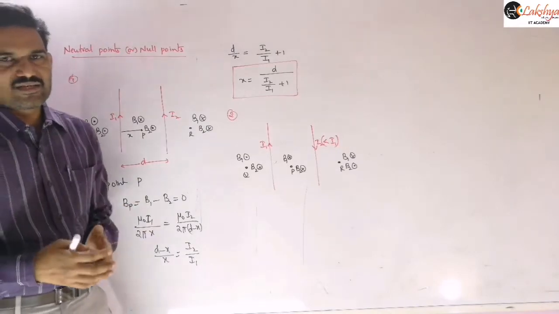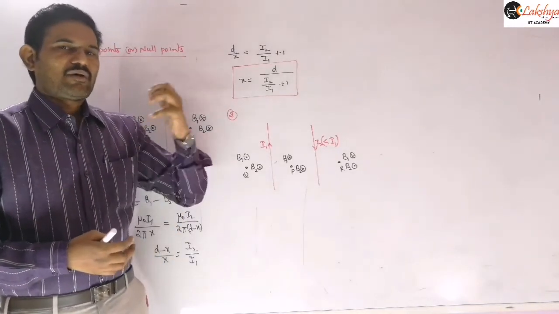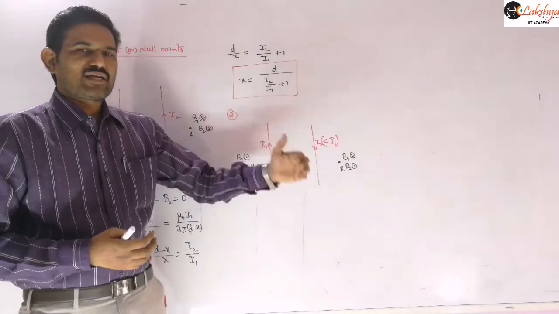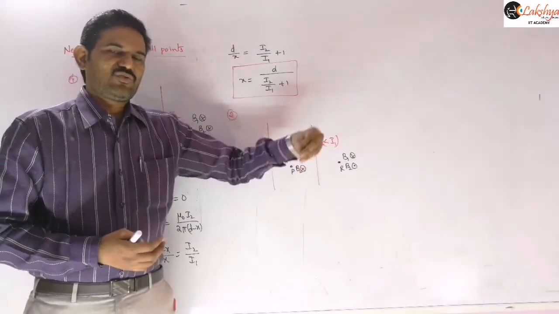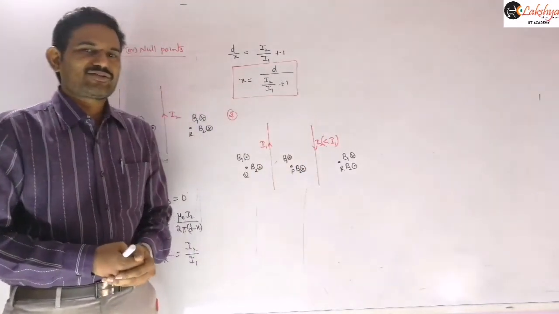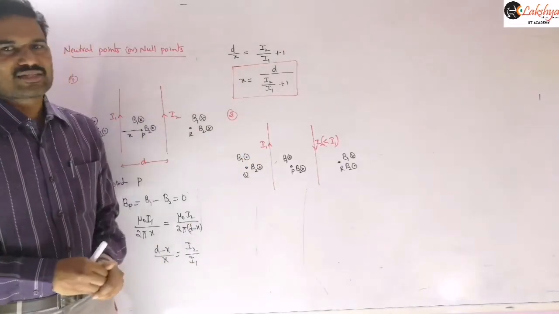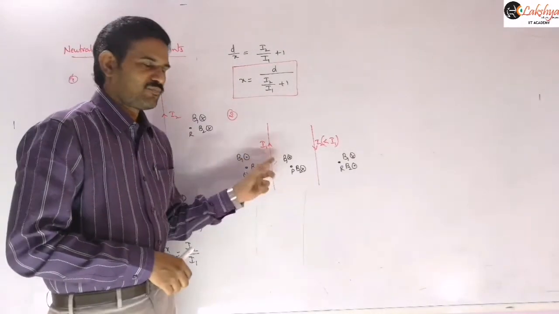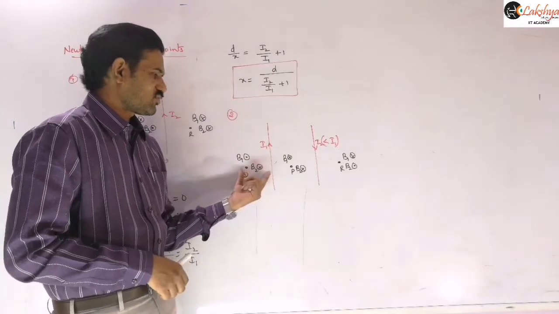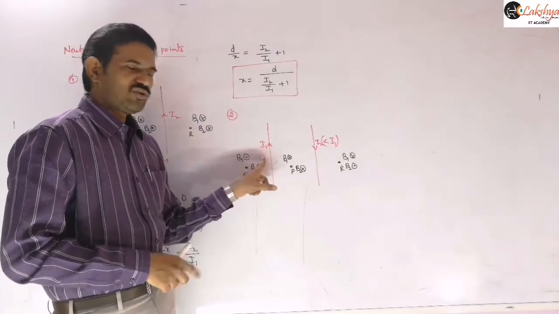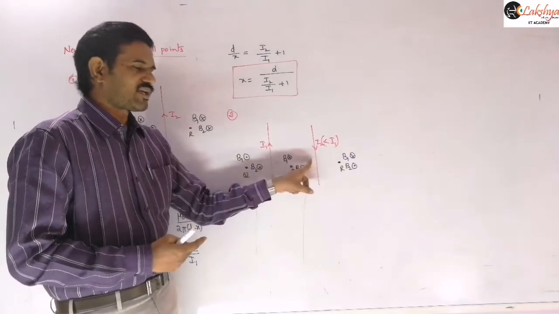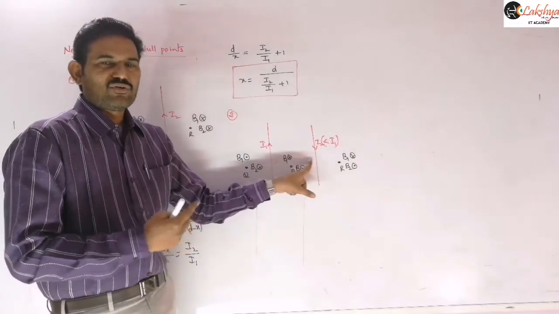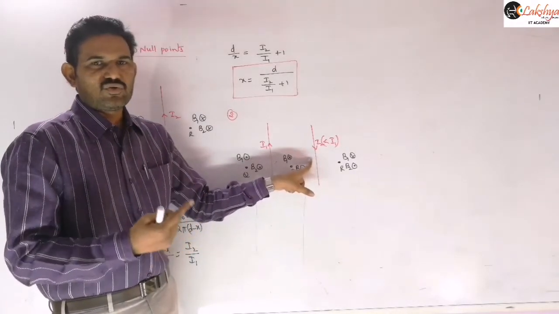But in such a case we need to decide that the neutral point will be near the conductor having the smaller current, in which the smaller current is flowing in magnitude. So the neutral point will be on that side, because here the current is larger and this point is closer to this. So here always the magnetic field due to this I1 will dominate the magnetic field due to this I2, because we know magnetic field is inversely proportional to R.